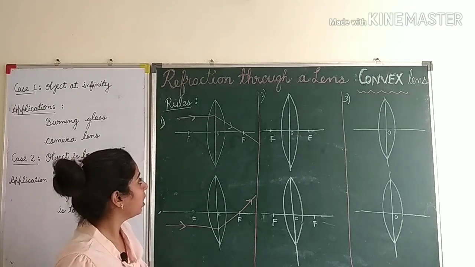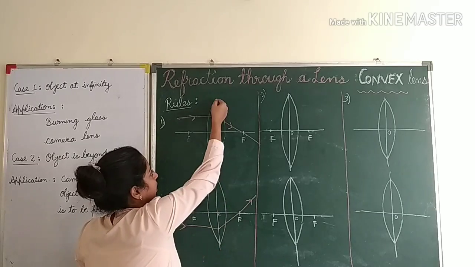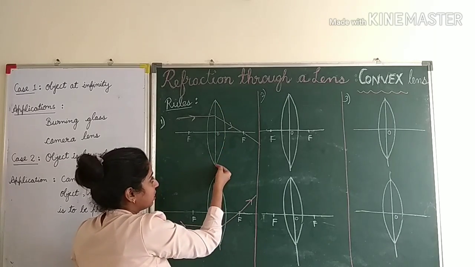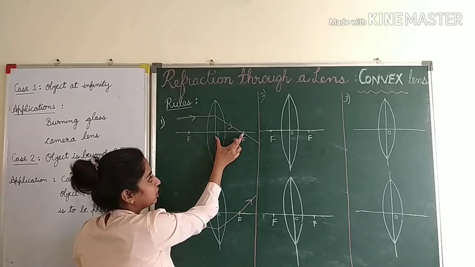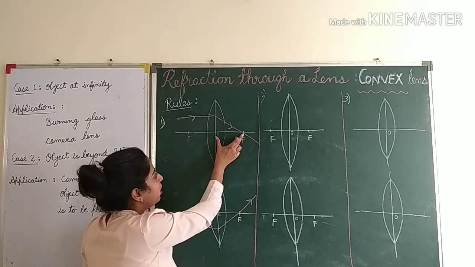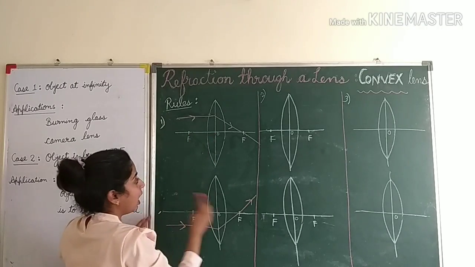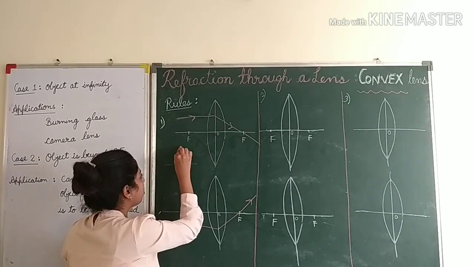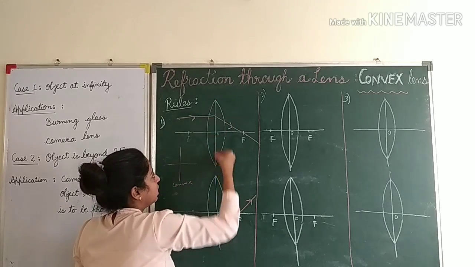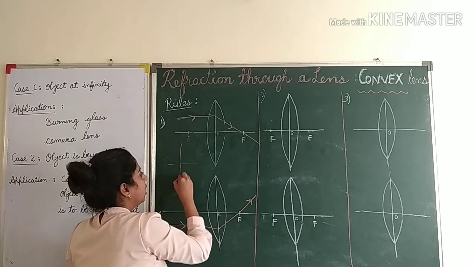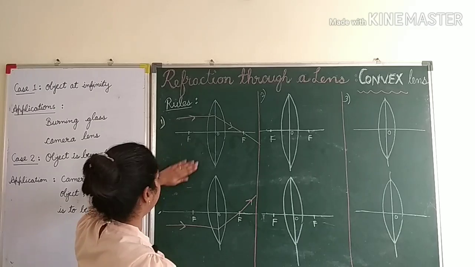Now children, whenever you draw a lens, make sure that you draw a line, equally spaced, and from O you will measure this distance F, and this distance should remain the same. Many students make a mistake of counting F from here. No, it should be from here. And while drawing ray diagrams, you can simply draw this line and write convex lens here. Instead of making this curvature, you can only draw this line and write convex. That is also acceptable by boards. But preferably you do it like this.